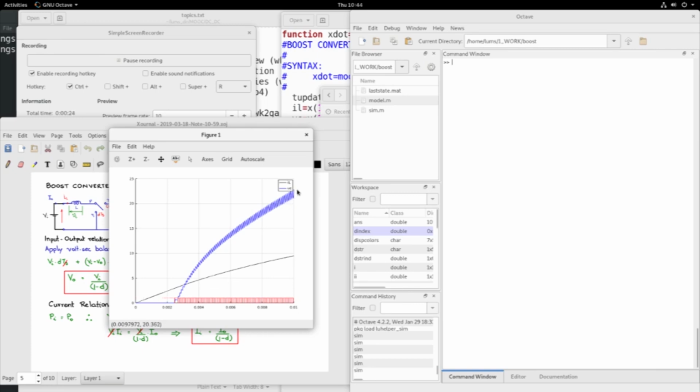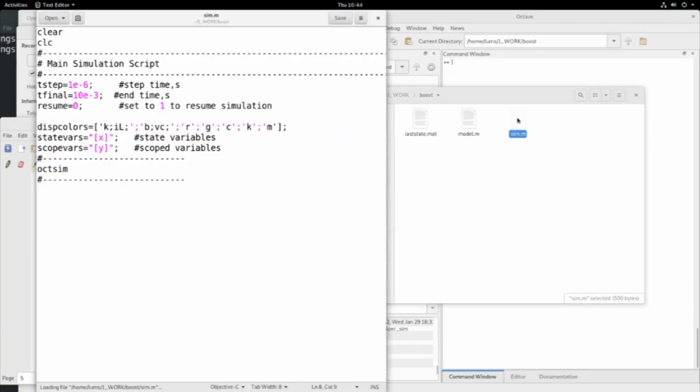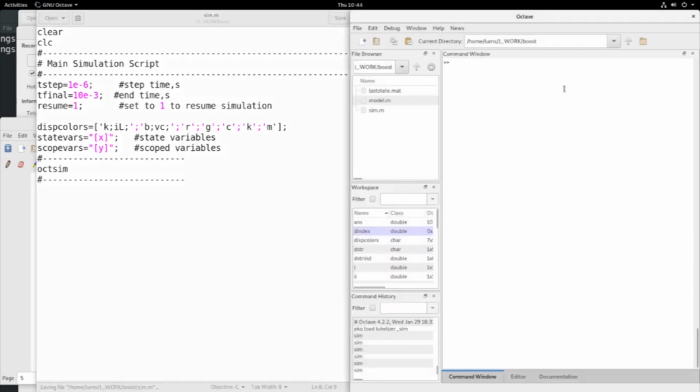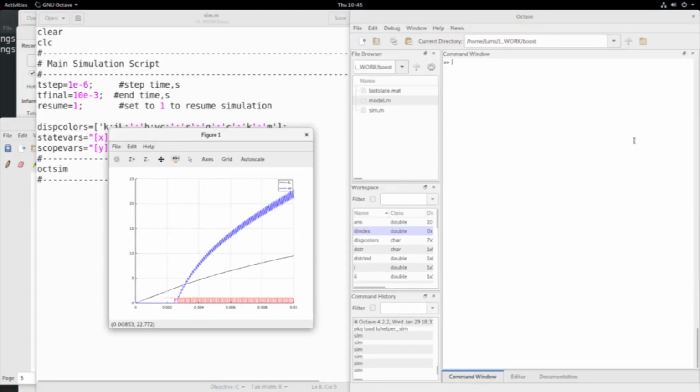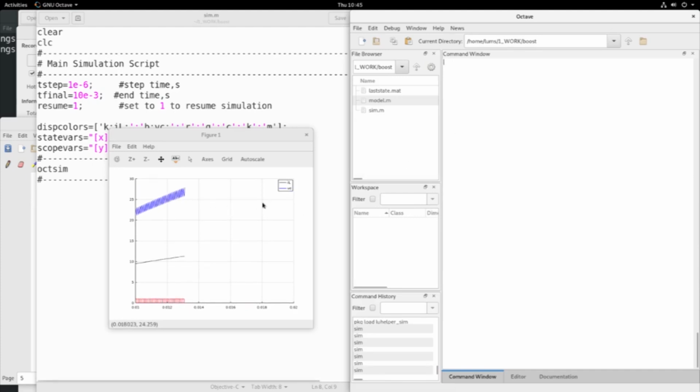You can continue the simulation further by using the resume command as we discussed earlier. So let me go into the sim file and put resume here and execute this simulation again. It will resume from where you left off, and the simulation will continue,